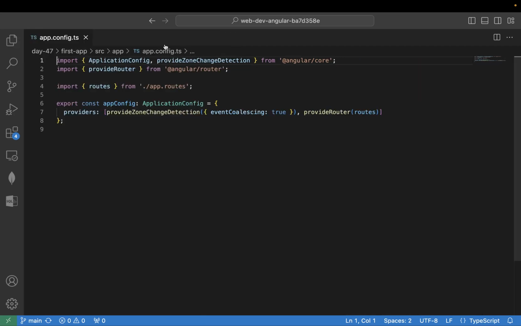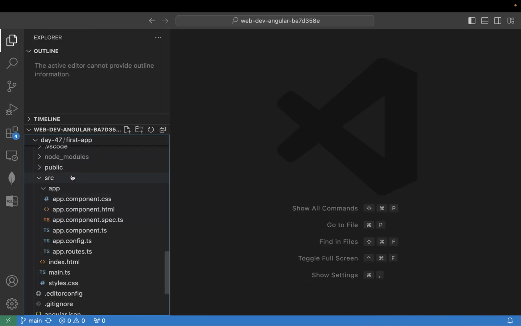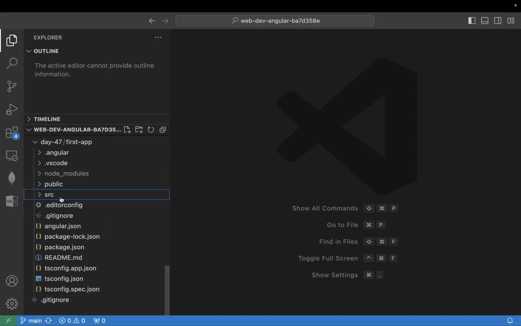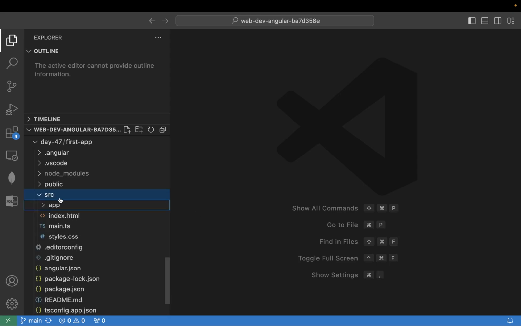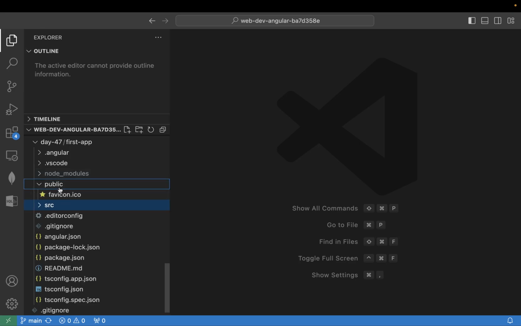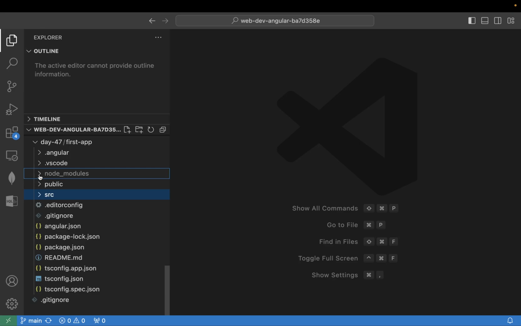Now let's go inside the source folder. The source folder is all about the actual source code you have. The public folder is where you place the things which are publicly available, like the favicon. Node modules, do you know what node modules means? It is the byproduct of the dependencies